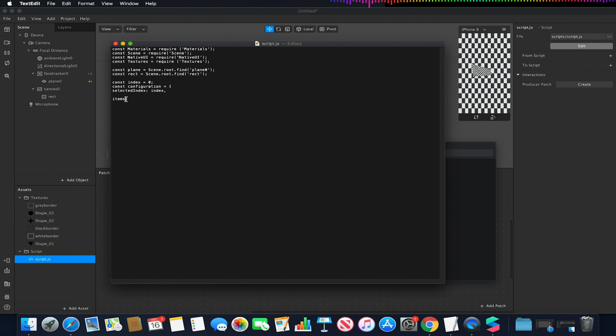So here I'm creating a value called items, which is going to be a library of textures, and these textures will be the UI images that we are going to have at the bottom of our native UI object. Textures.get, so we're going to be fetching the texture from within the scene, and the texture we're going to be getting first will be shape underscore 01,